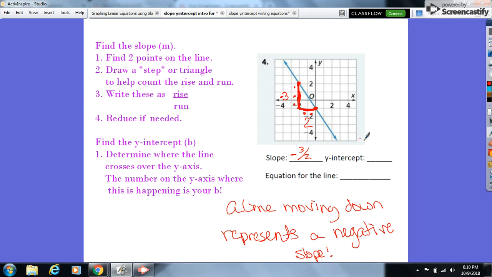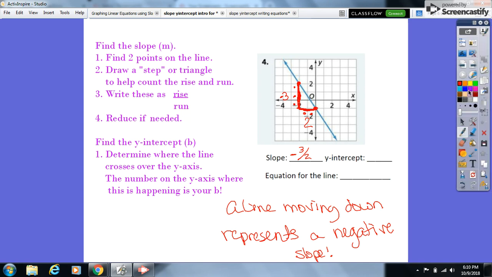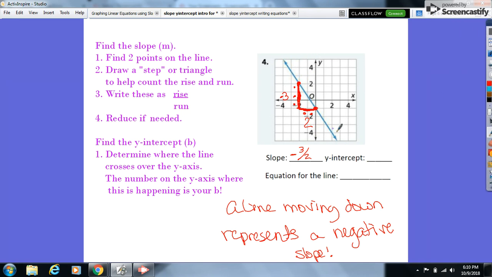Let's take a look at this y-intercept. If you remember, here's my y-axis. Here's my blue line. They meet right here. And on the y-axis, that point is -1. So my equation says y equals mx plus b. I'm going to take my equation: y equals -3 over 2x